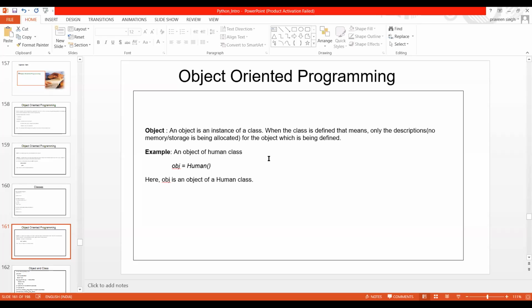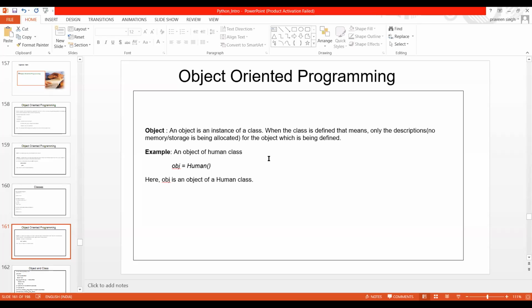So when I say object, what is it? It's an instance of a class. You need to understand that no memory or storage is allocated when you are just trying to create an object, or maybe you just created an instance.